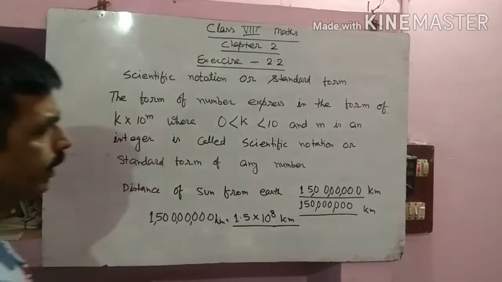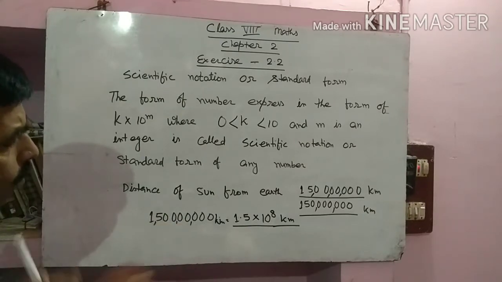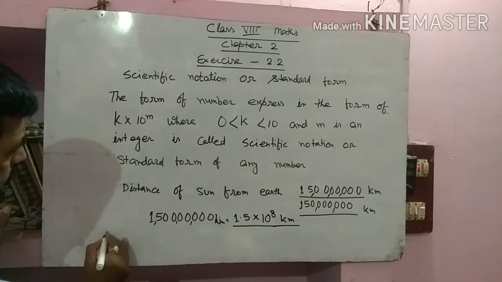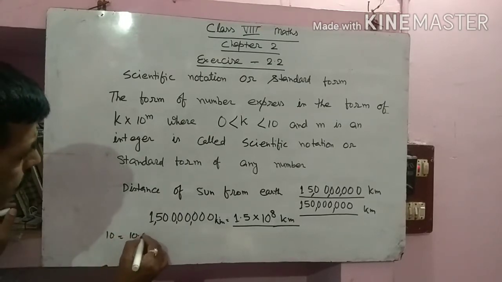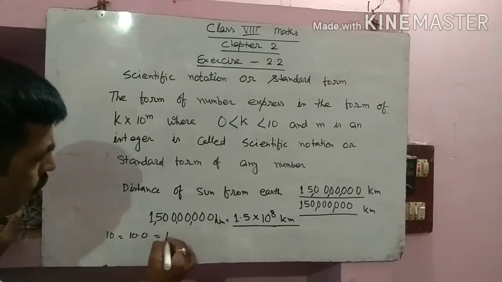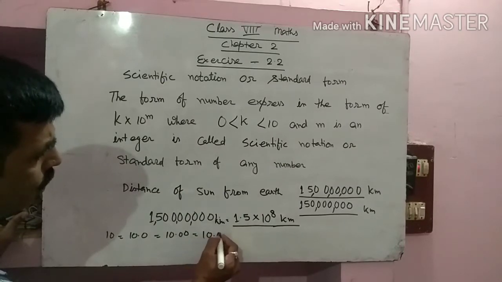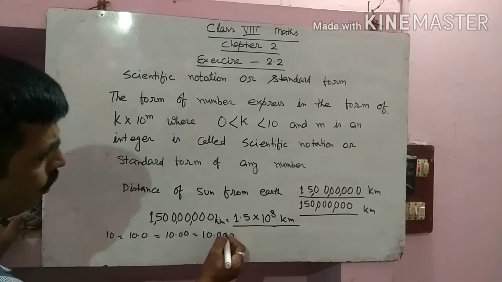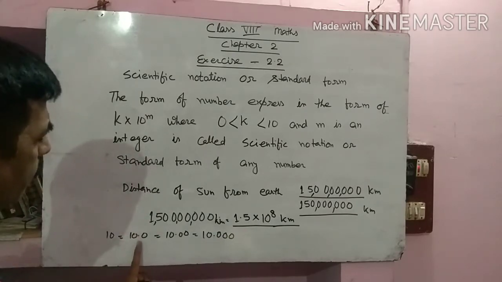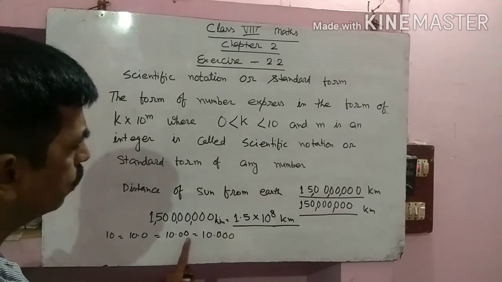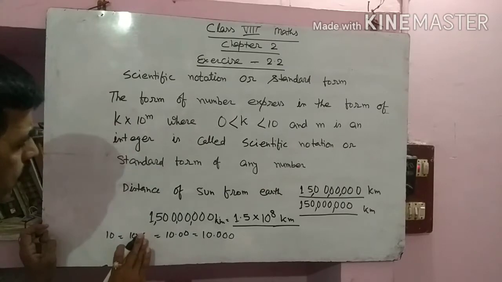Okay? In the case of the decimal being placed or moved towards the right, suppose the number written is 10. So you can write that one as 10.0, this is equal, or 10.00, this is also equal, 10.000 equal. So what I want to say is that if you place 0 here, or after the point there are 2 digits or 3 digits, the result will not change, all are equal to 10.